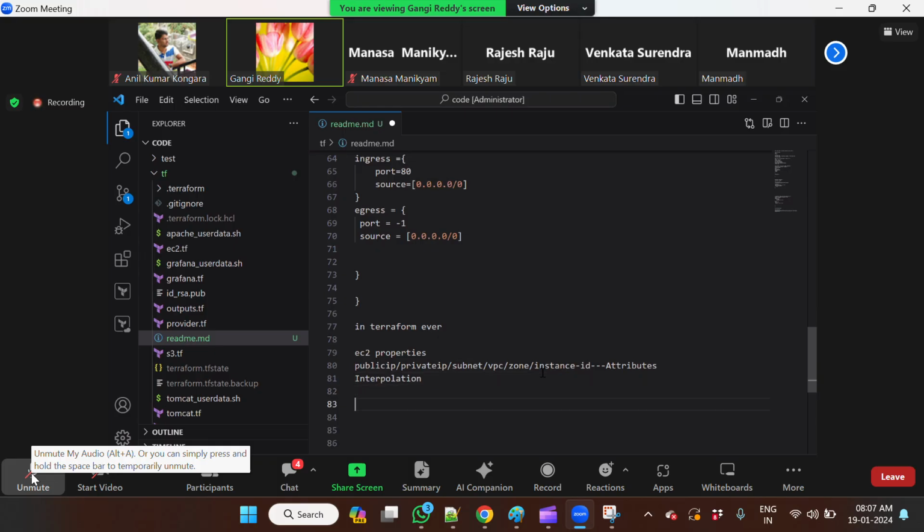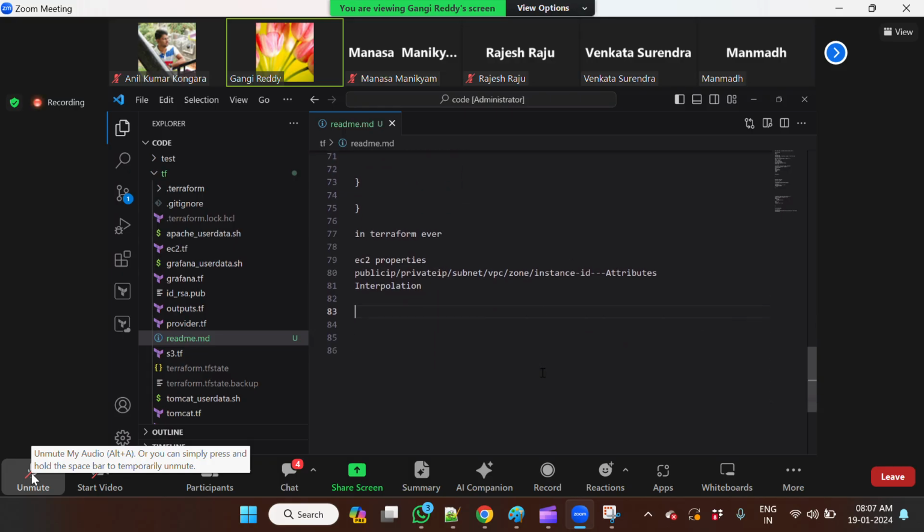Interpolation. Good. And then I want to print them. What is that block used for to print? Output. The syntax here is that you don't need more, just a name, that's it. It doesn't need a logical name. Here just this name: public